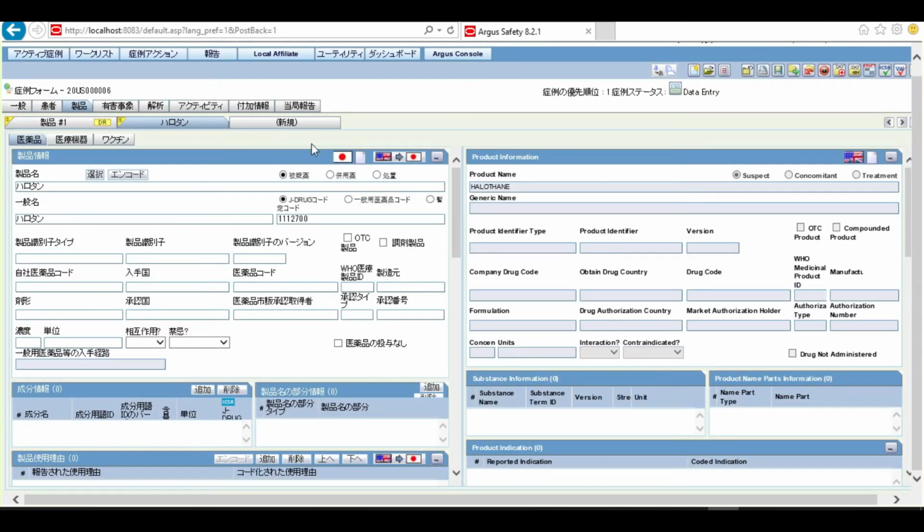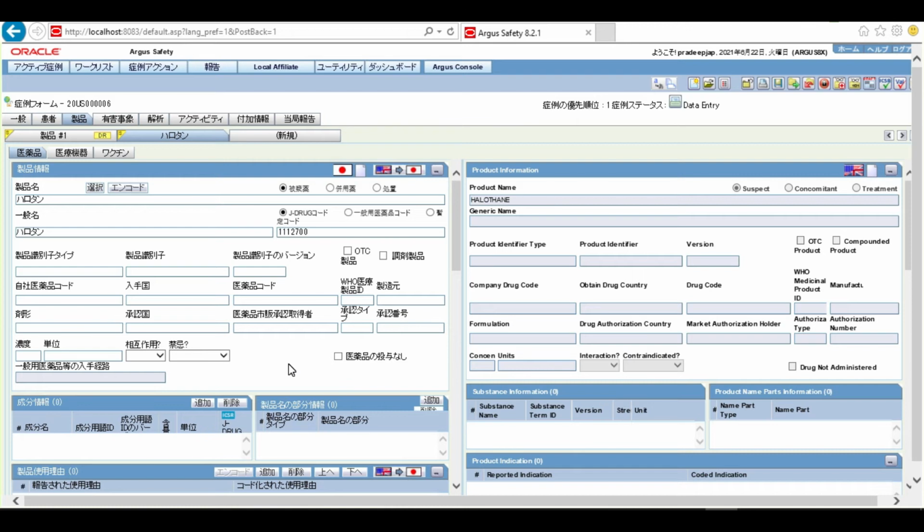You will observe that the Japanese drug name is appearing over here. It is also appearing here. The JDrug code is appearing over here, but the corresponding product name which is in English is appearing under the product name. All this information is coming from the JDrug dictionary.